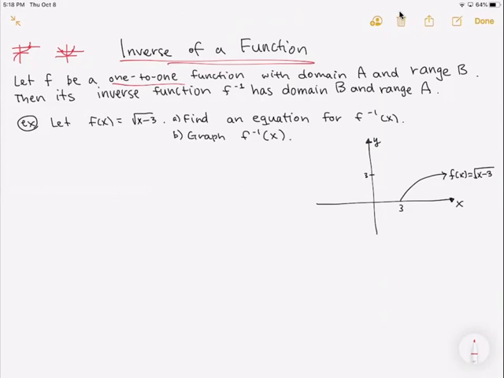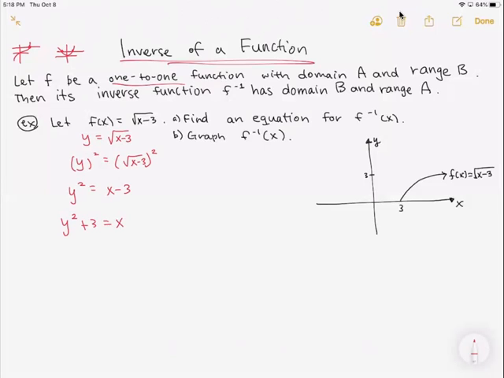First up, I'm going to rewrite f of x as y, equals square root of x minus 3. Then solve for x. So I'm going to square both sides. Then you have y squared equal x minus 3. And then y squared plus 3 equals x, by adding 3 on both sides. However,